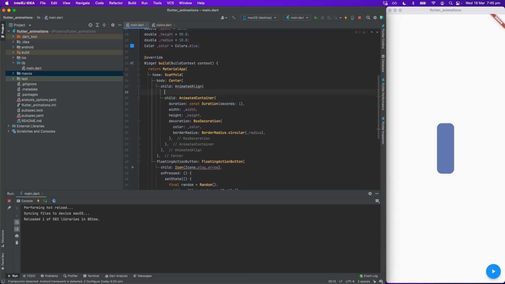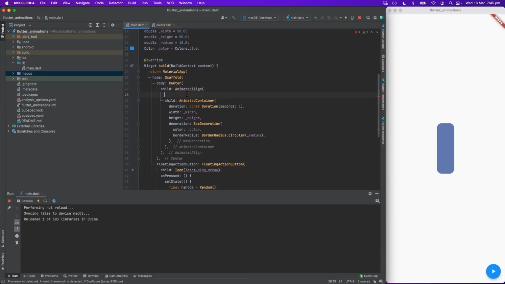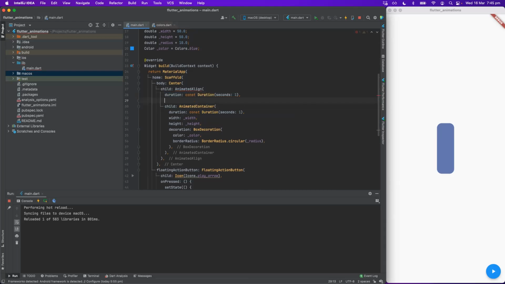So animated align is gonna change the position on the screen. So we can just say that this container will just jump on the screen. So again, the first parameter is duration, to say how long the animation should last. And the second parameter is alignment.